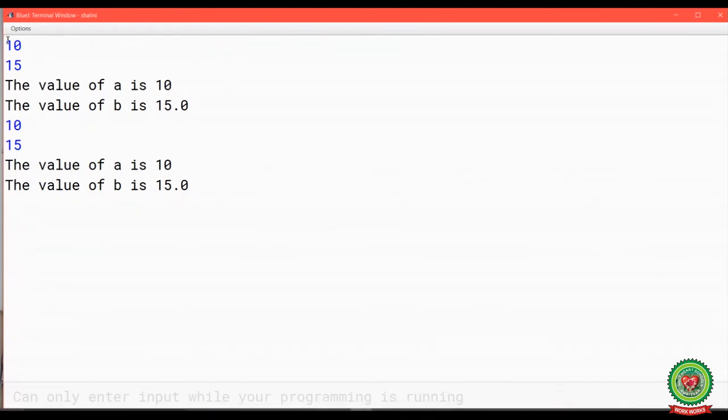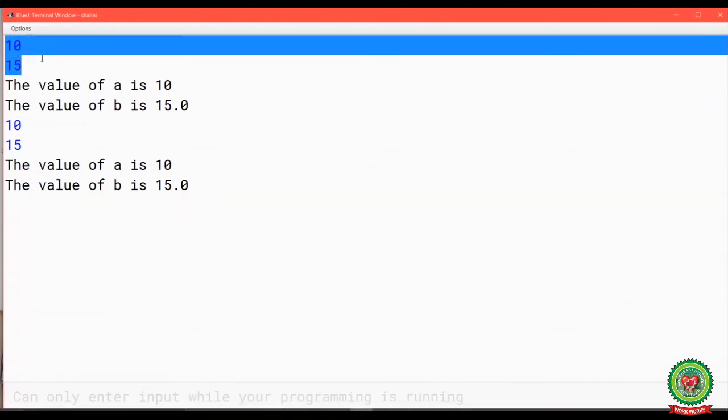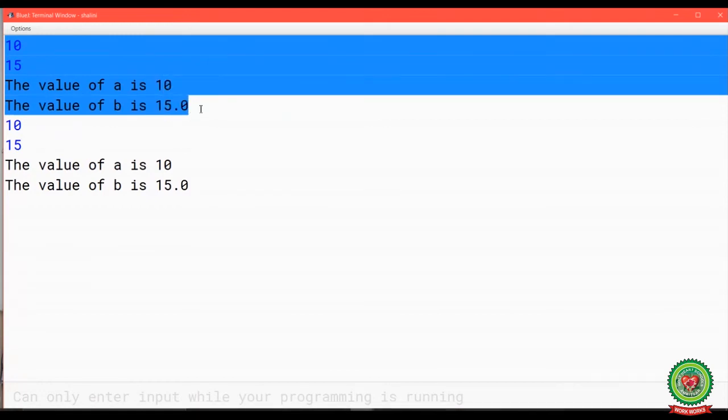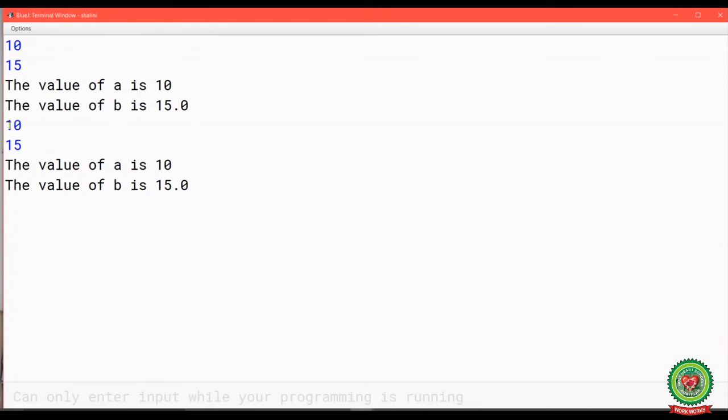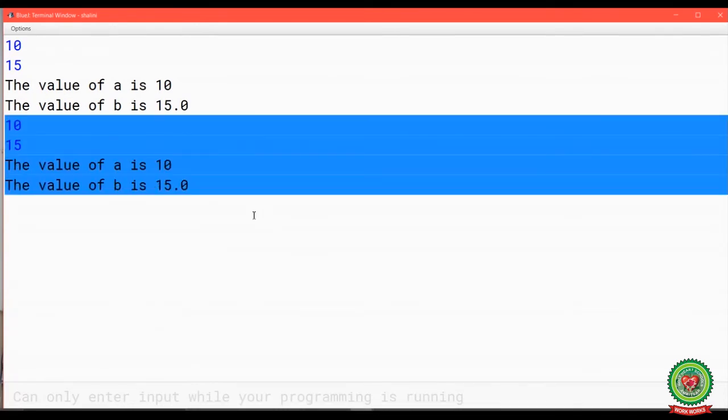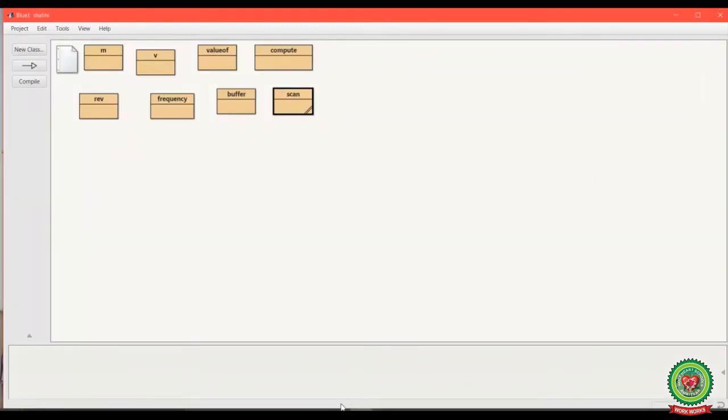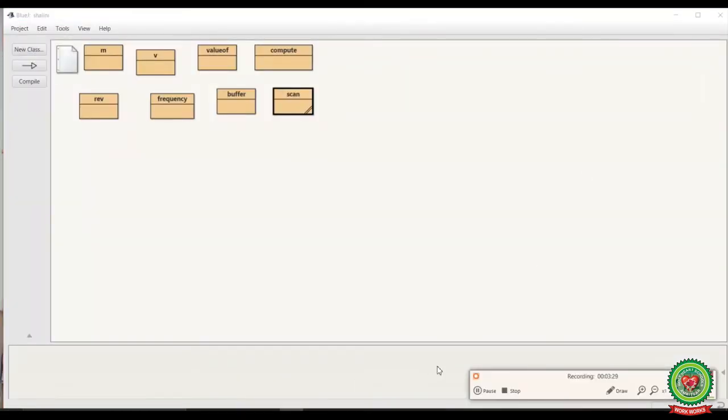Students, please note that in both cases, the BufferedReader case and the Scanner class, my answer is the same and we are accepting the value from the user. So BufferedReader and Scanner class are used when we want to input a value from the user.